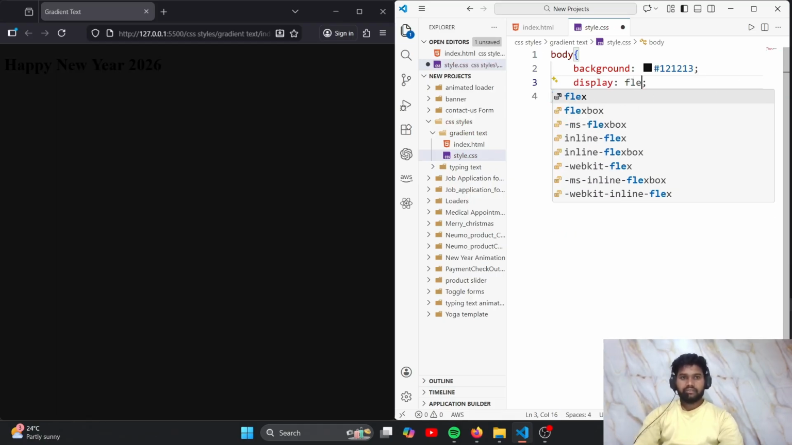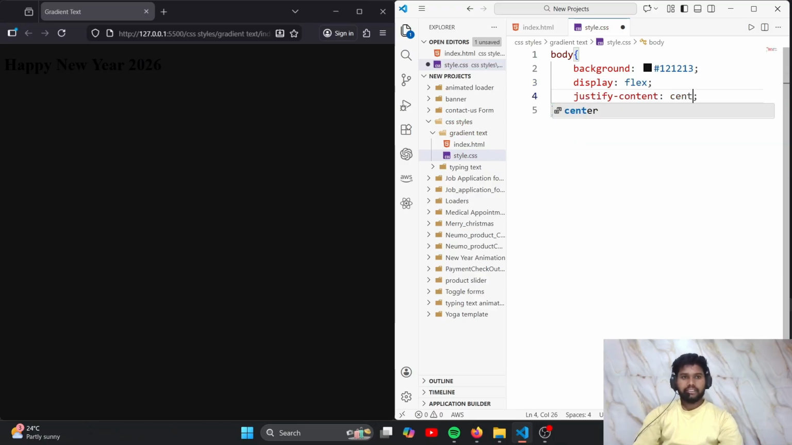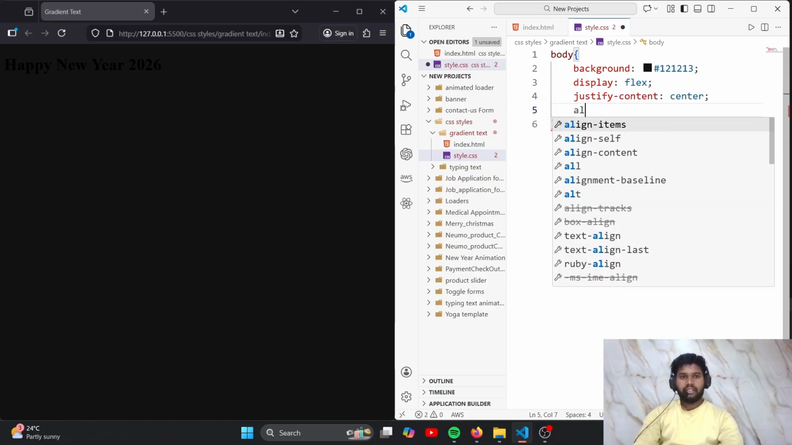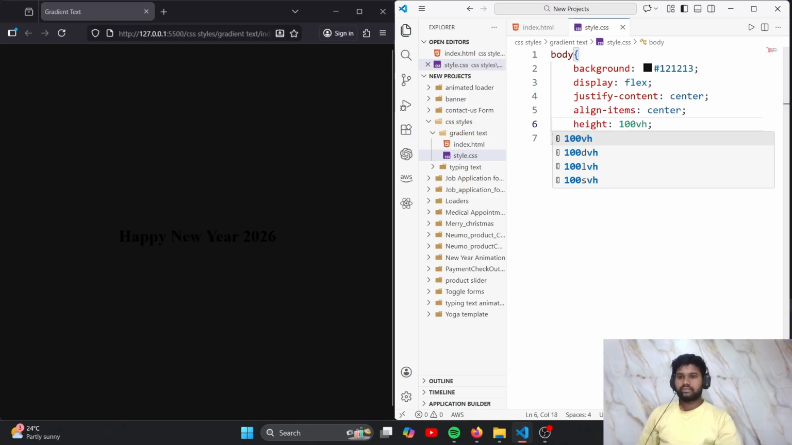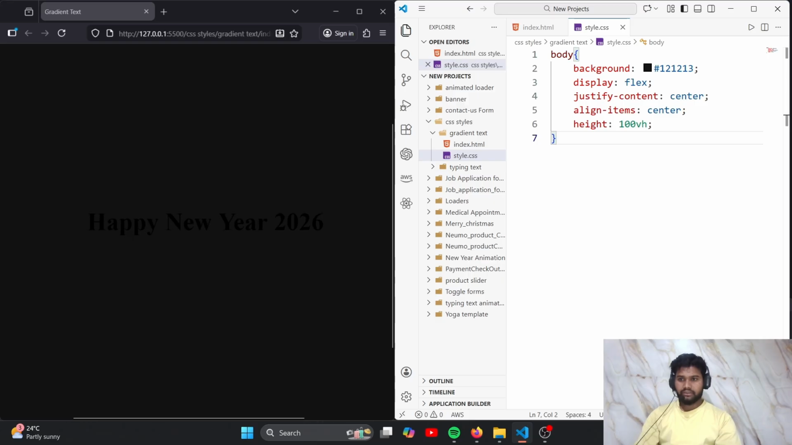Display flex, justify content center, align items center, and height will take 100 vh. Okay, after that zoom in a little bit for this. Okay, and